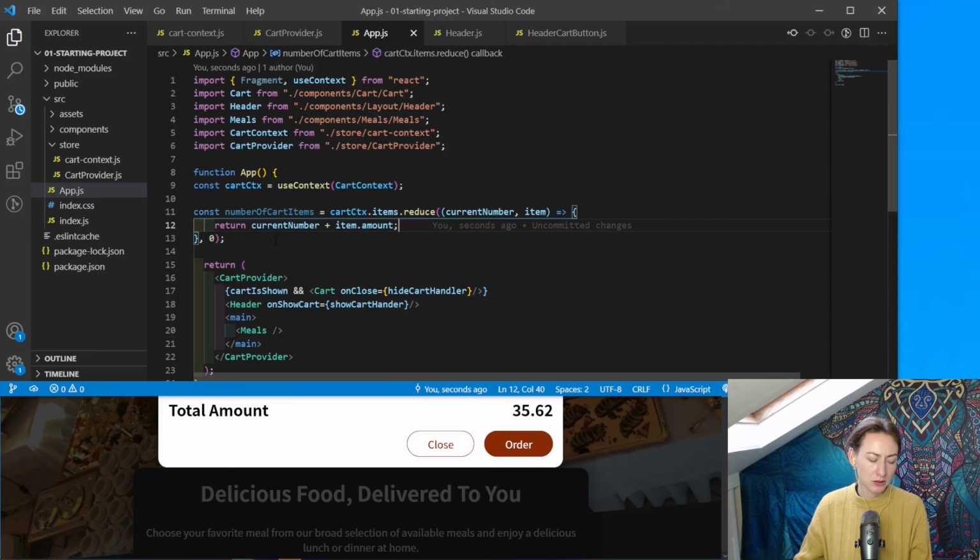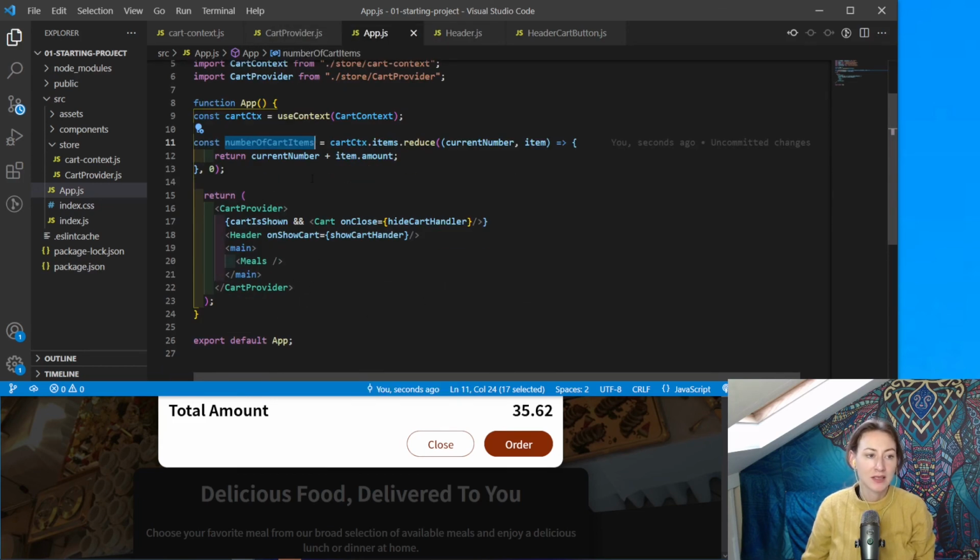Okay, so then we can actually use this numberOfCartItems, which is doing a reduce on the amount of items that we actually have. And this is just going to reduce those items down to a single digit. And we can pass this